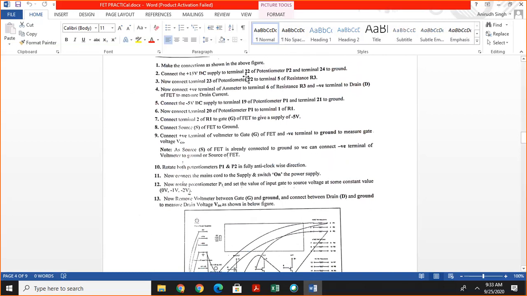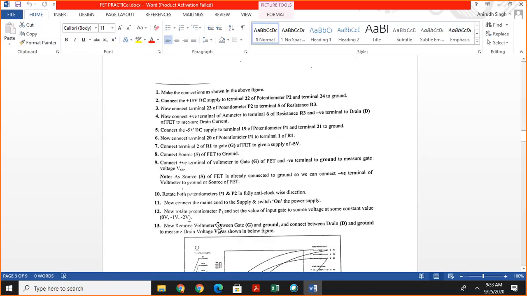First step, connect 15 volt DC supply to terminal 22 of potentiometer P2 and terminal 24 to the ground. The next step is connect terminal 23 of potentiometer P2 to the terminal 5 of resistance R3, and these are the following steps to make connection to draw drain characteristic of junction FET.